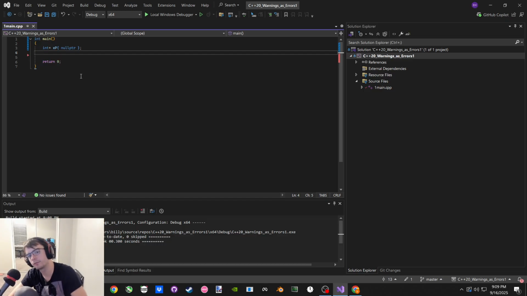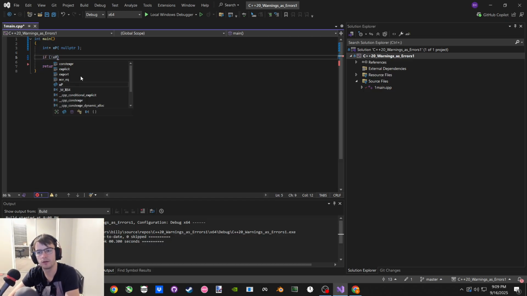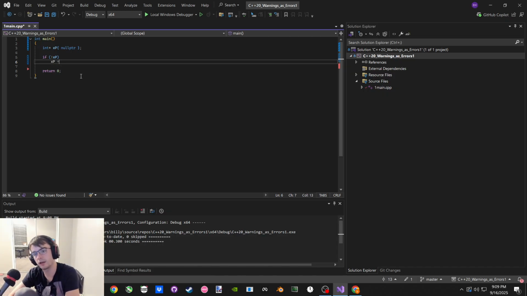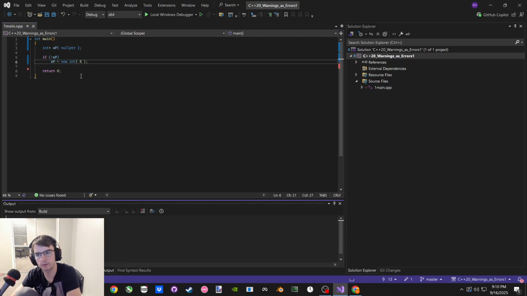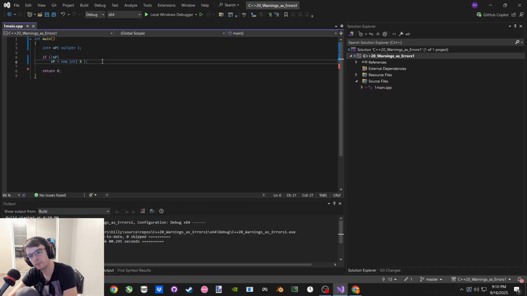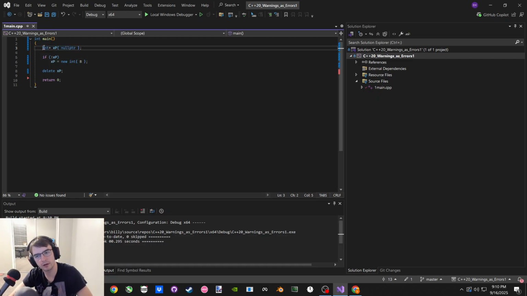And then later on, we could check if not XP, then we want XP, the value, to copy it, because we have to assign it by copy assignment. Can't initialize it because it's already initialized. Say new int, assign the value of 7. Then we could also delete XP, and because it started with null pointer, we're either deleting it if it started with null pointer, or if hypothetically it wasn't null pointer, we're deleting